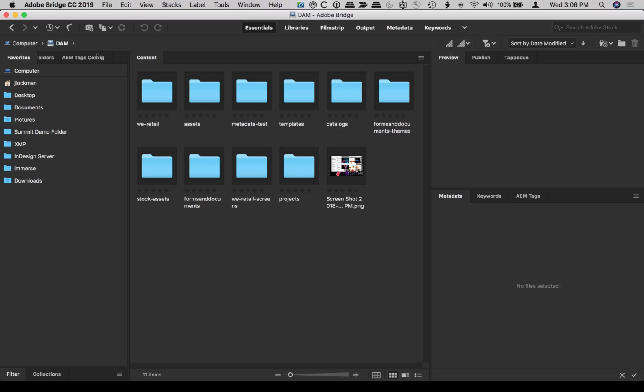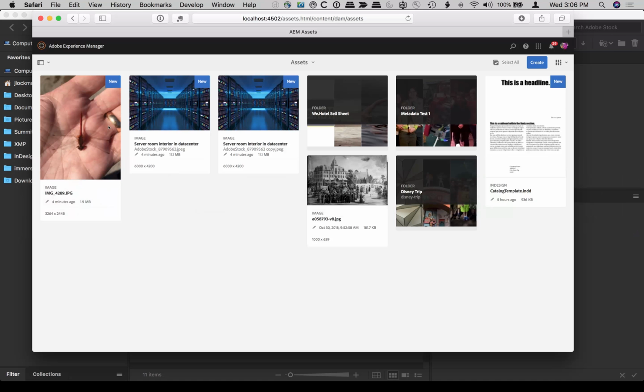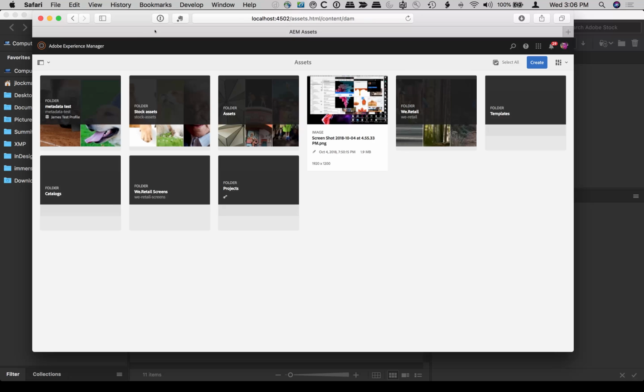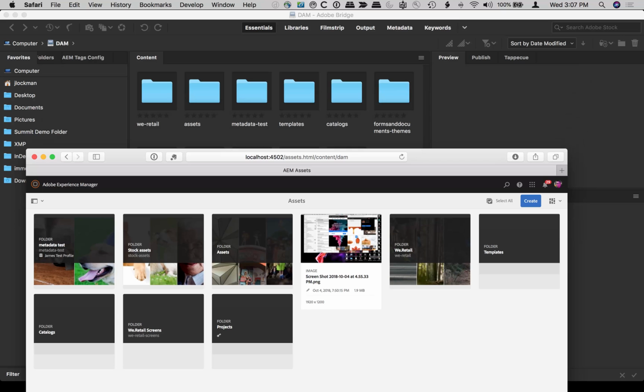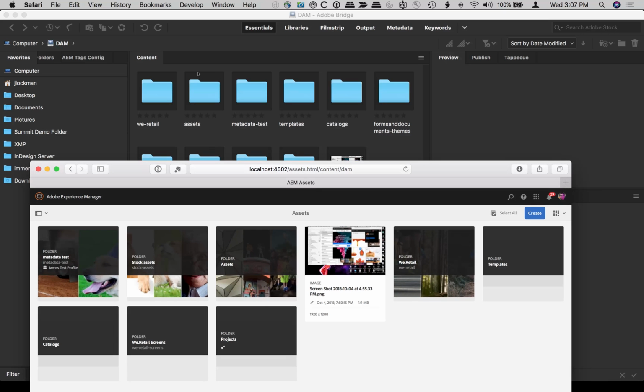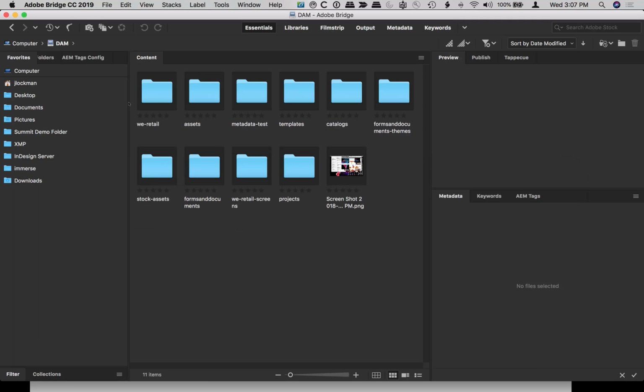The entry point called DAM will list a number of folders, and these folders are top-level organizational structures in AEM. If we switch over to AEM, which is right here, I'm in the Assets folder right now, but if I go up one level, this is the very top. It's called Assets here, and it's confusing because I've made a folder called Assets, which I probably shouldn't have done. But you can see here are my folders, and it's the same structure as I see over there, right? The difference, of course, in AEM is that I've got these previews that are being generated from the contents of the folders. Anyway, going back over to Bridge,